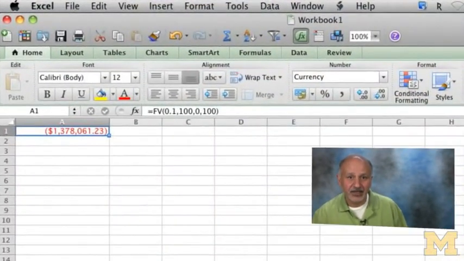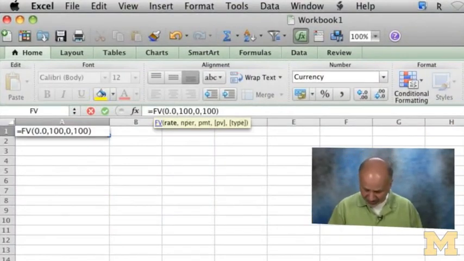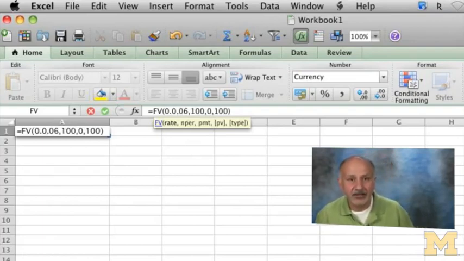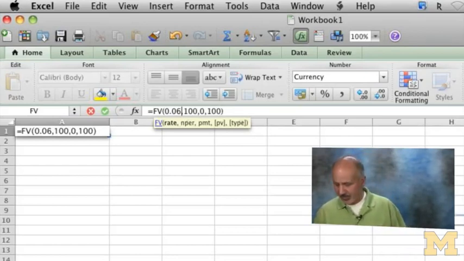Okay, so let's try and do it with the calculator now that we have a machine that's dumb, and we can beat it up once in a while to give us things that we can't calculate too easily. So let's do this. We'll use the same formula, and let's see how to change it. The first thing that we encounter is the interest rate. So 0.06. Did I get that right? No. Sorry about that. Just give me a second. Okay. So 0.06 is the interest rate,